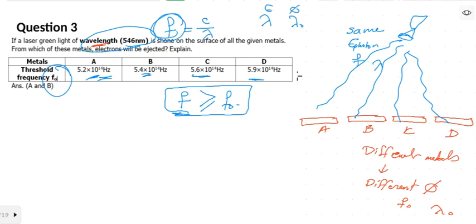So here the easiest way is to compare what? To compare frequencies. So what I will do, first step, I calculate the frequency of light used. It's equal c over lambda, which will be 3 times 10 to the power 8 divided by 546 times 10 to the power minus 9 because it's nanometer. So the answer will be, let me do it on calculator to check the answer of